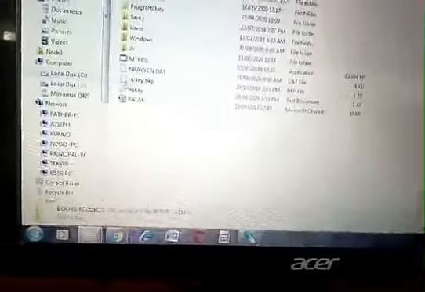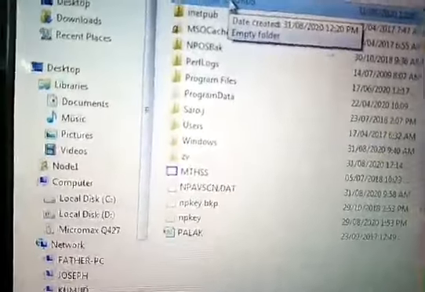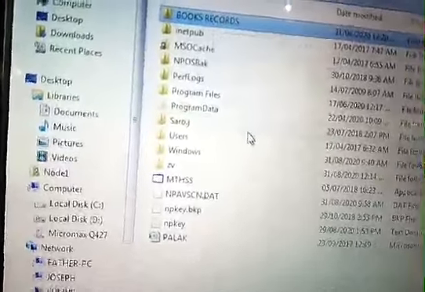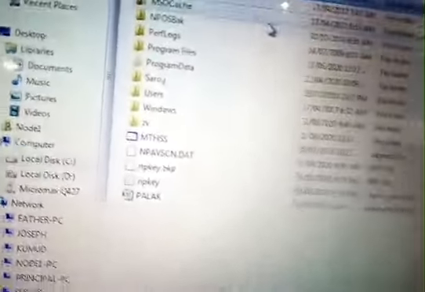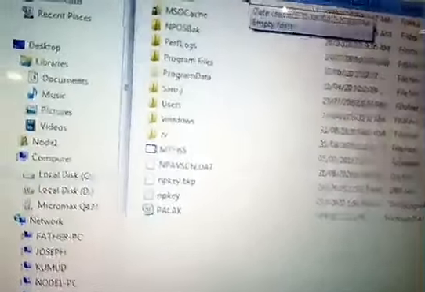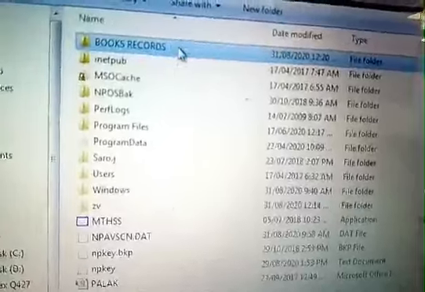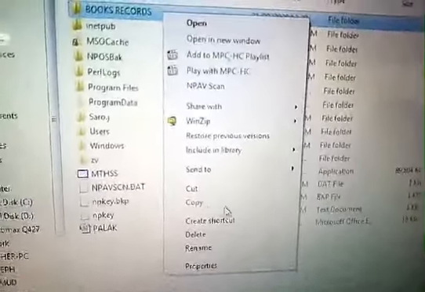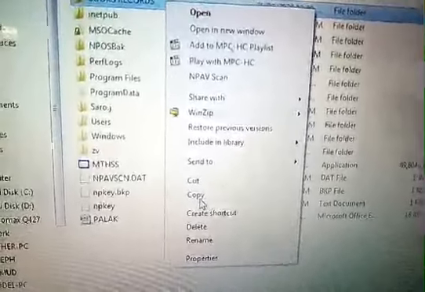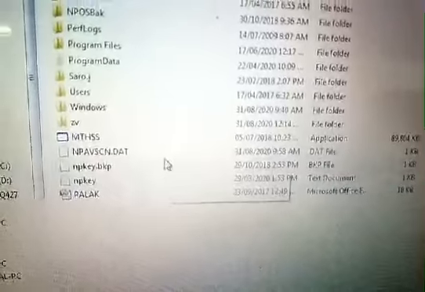Now next process. Suppose I want to copy this folder from this place to another place, then what I have to do: first I have to select this folder, it is selected. Now I have to click the right button of the mouse. Here you can see the copy command. If you select the copy option, it will be copied.